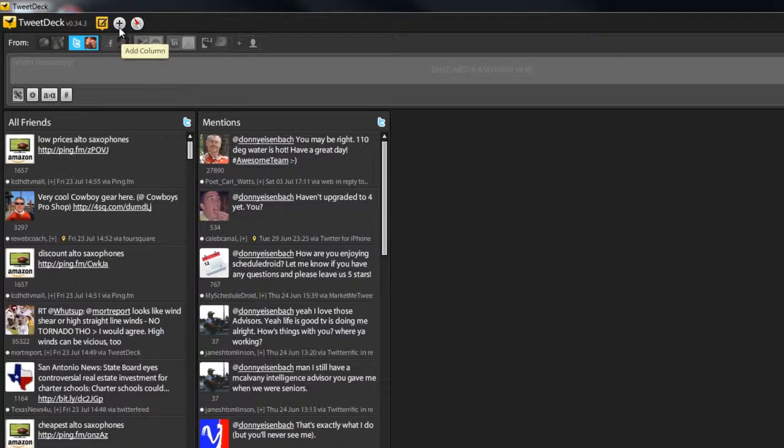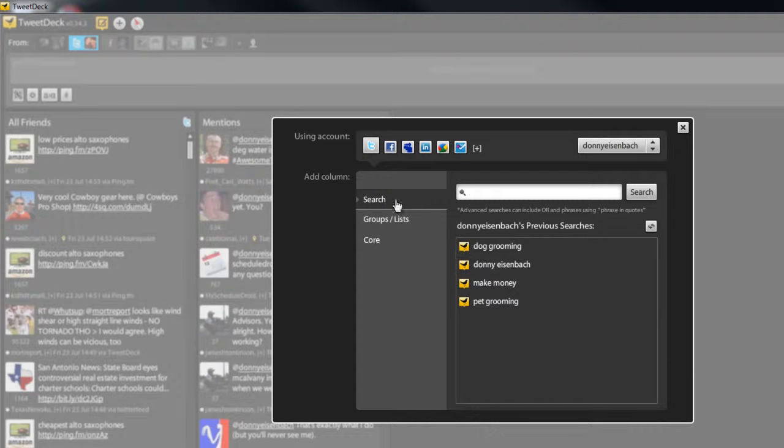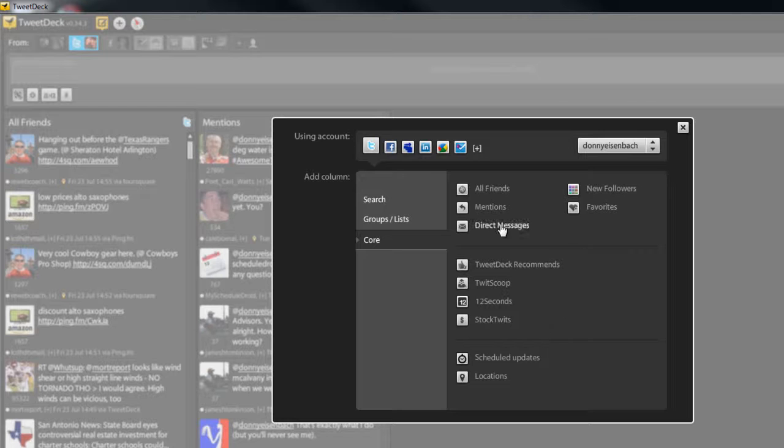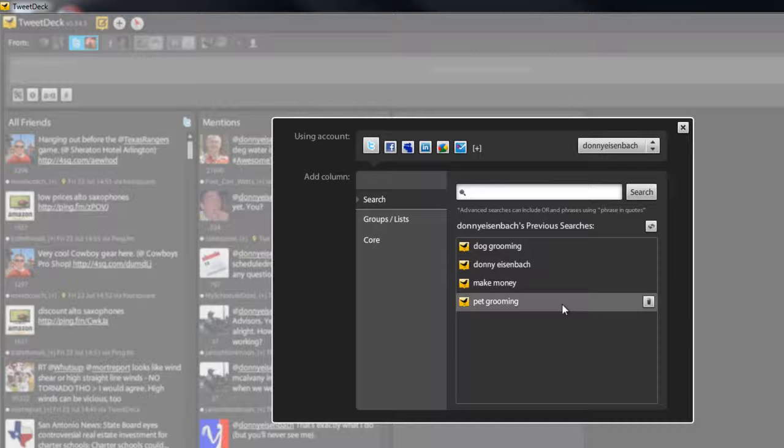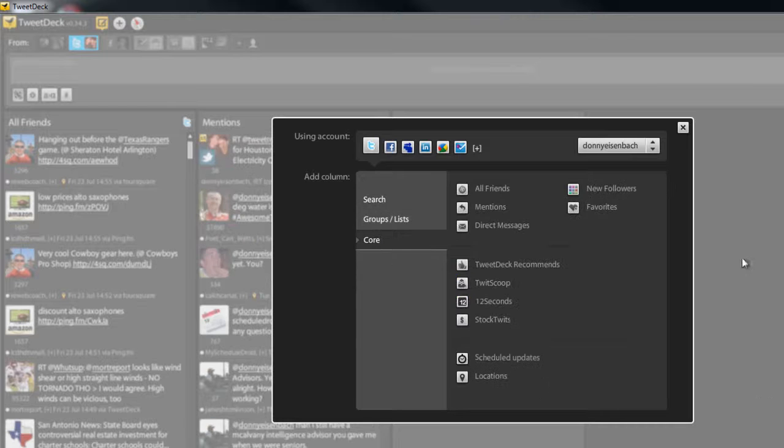And then let's go ahead and click on plus again. We'll add another column. Go to core and direct messages. Now direct messages, that's kind of like an email. That's between you and somebody else, not necessarily public, and that's a useful thing to have. Twitter is kind of becoming the new email. It hasn't replaced email, but a lot of people use it almost like email, and so that's what those direct